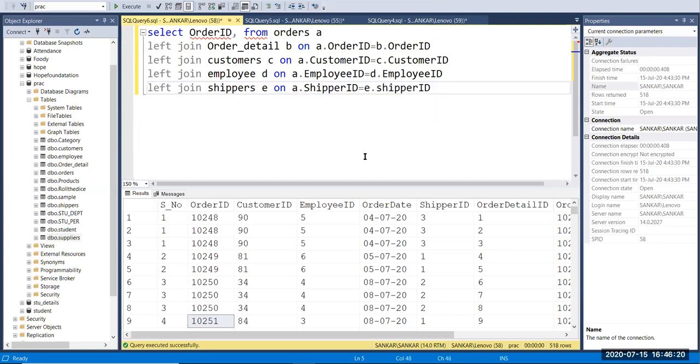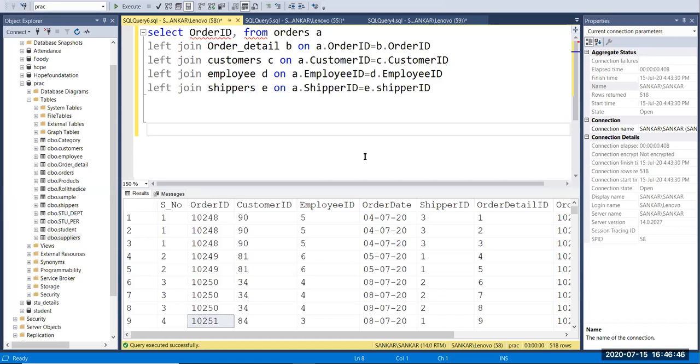So now we have connected order detail, customers, employee, and shippers into the orders table, right? So then you can get customer name from the customer table, employee name from the employee table, and shipper name from the shipper table, and also you can get quantity in the order detail table.